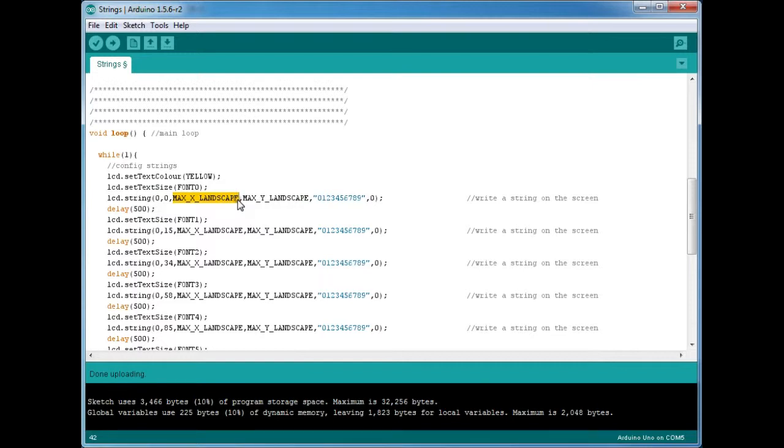So in the landscape mode, the x coordinate shall be 320, that is your width of the screen, and your y coordinate shall be 240. As we are using a 320 by 240 touch screen, so 320, 240, and here is a string you will be printing inside double quotes, and here comes a 0. Let's find out what this 0 stands for.